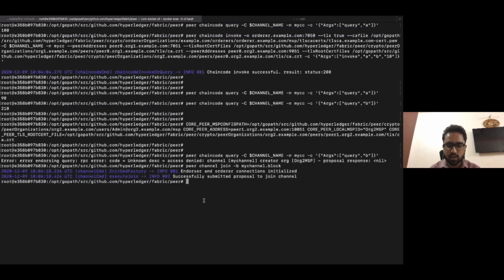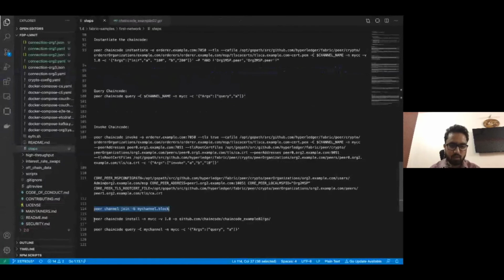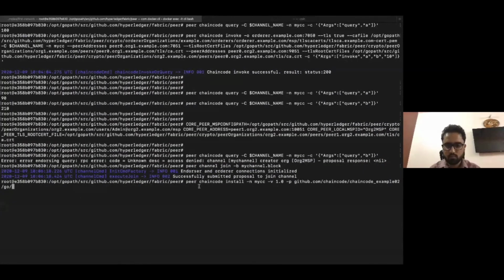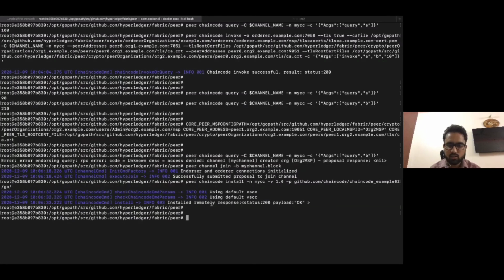Now it has joined the channel, and now we are installing the chain code on that particular peer. The command will be the same: peer chain code install, name of the chain code, version and the path. Now it has installed the chain code on peer 1 of org2.